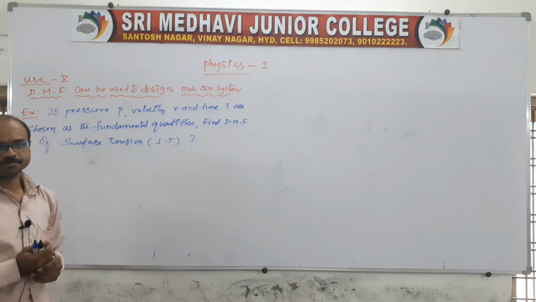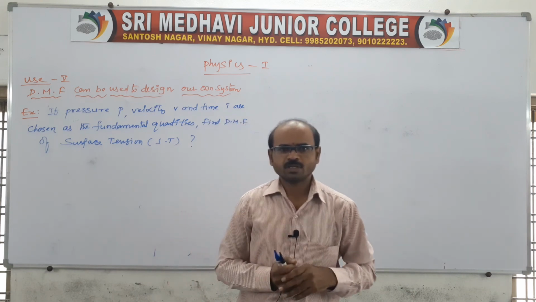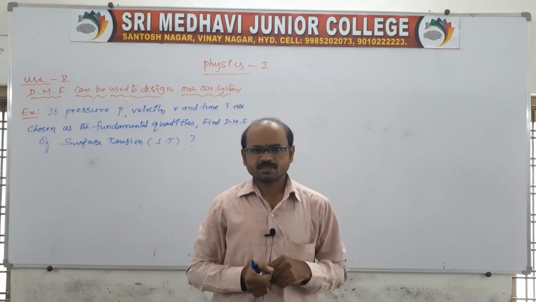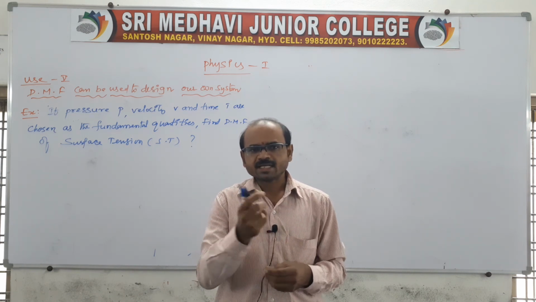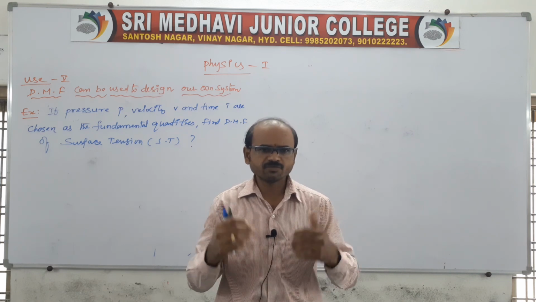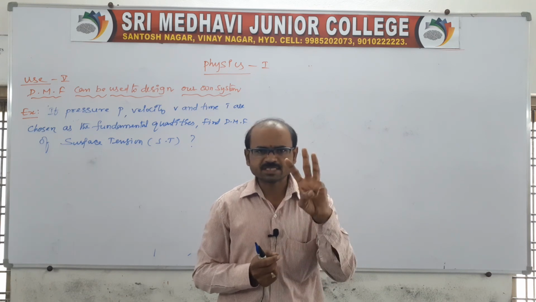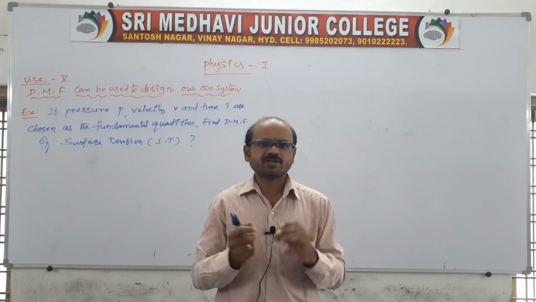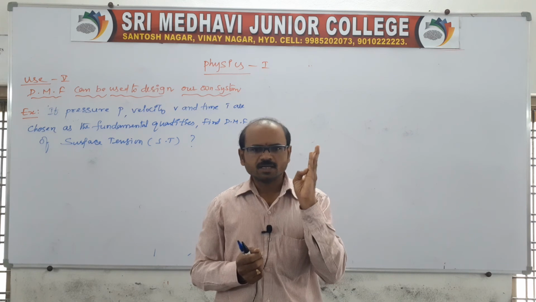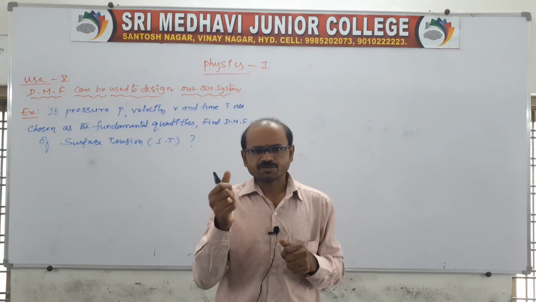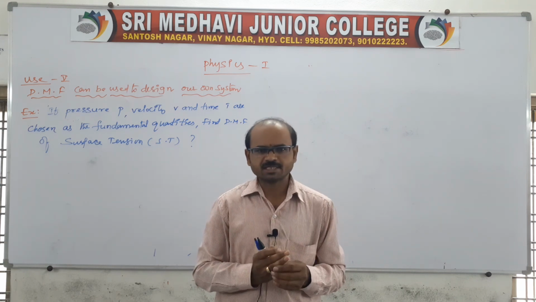design our own system. Our own system means, the question will give you physical quantities to use as fundamentals, and you derive new units. In general we know the fundamentals are M, L, T: mass, length, time. But usually we have 7 fundamentals: mass, length, time, electric current, temperature, amount of substance, and the last one, luminous intensity. Usually these are the fundamentals.